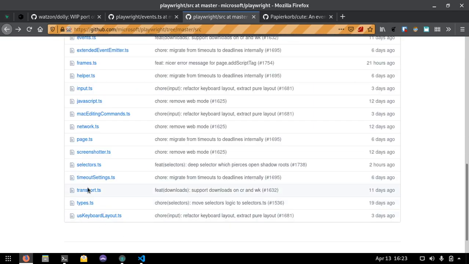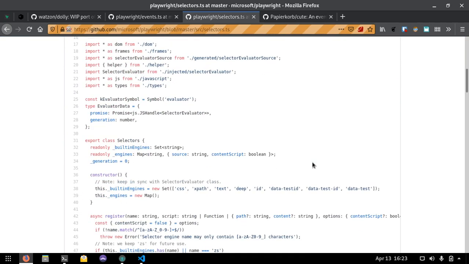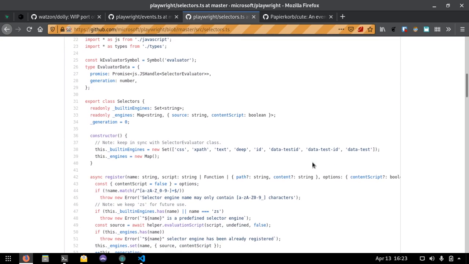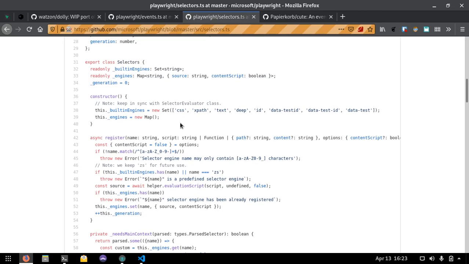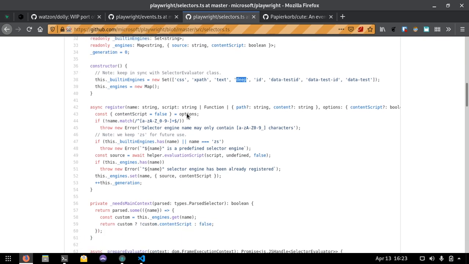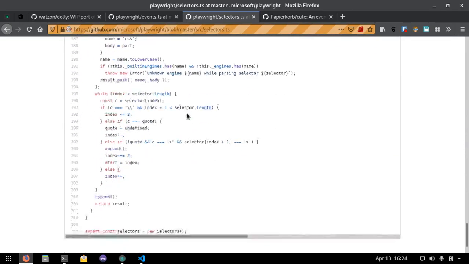These types I'm not worried about right now. Transport I already kind of did. Timeout settings, not worried about. Selectors. Looks like this is some kind of container type, so CSS, XPath, deep. I don't know what deep is. ID. Oh, that's right. Okay, so I did start using